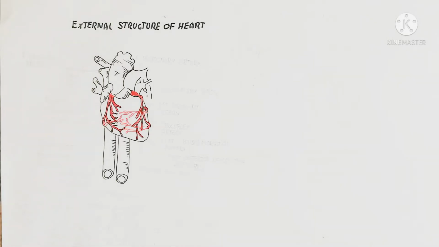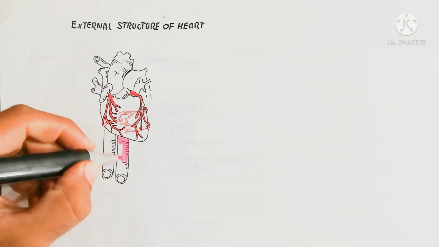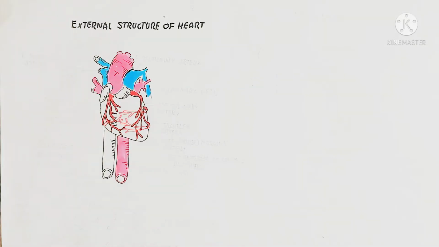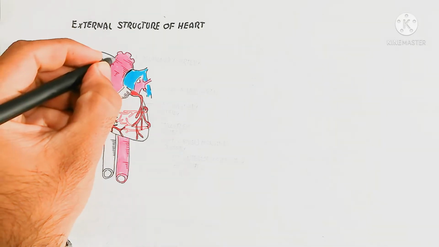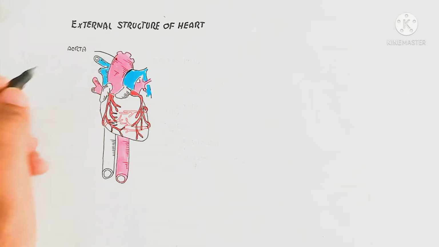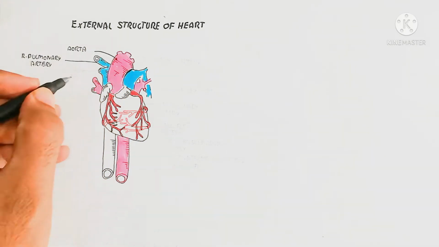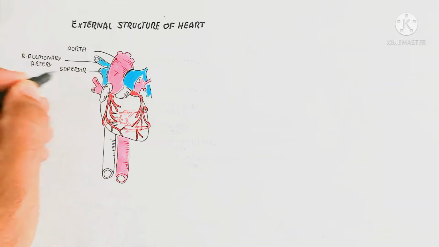Here is the heart. The outer part shown in red color is the coronary artery. We will discuss the coronary artery also. The back side of the coronary artery, without the red color filling, is the back side. Here is the aorta, and this is the right pulmonary artery and the left pulmonary artery, and this is